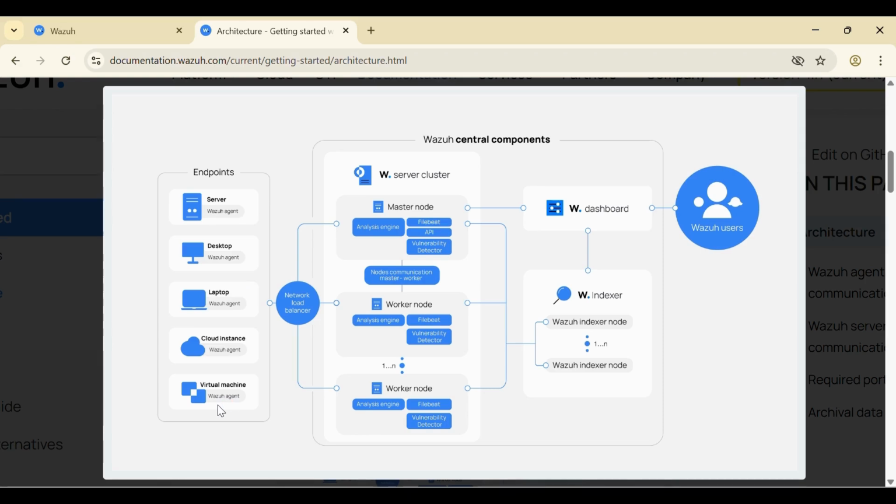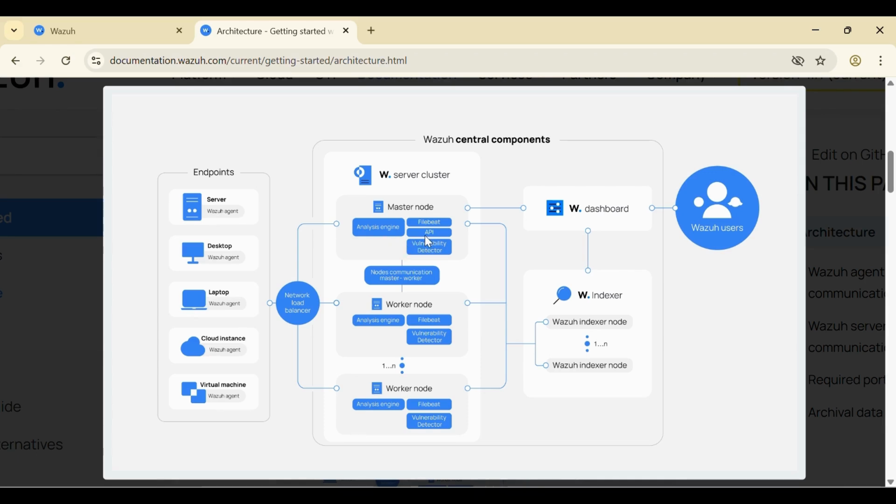Whereas the Wazuh Server is installed on Linux, VMs, Docker containers, or cloud instances, and it is responsible for analyzing logs, managing Wazuh agents, and generating security alerts. The Wazuh Server has many components like the Analysis Engine, FileBeat, and the Wazuh RESTful API. The Analysis Engine uses decoders to process the logs and identifies threat patterns using predefined security rules. It can also trigger automated responses like blocking malicious IPs, terminating suspicious processes, and deleting malware files.